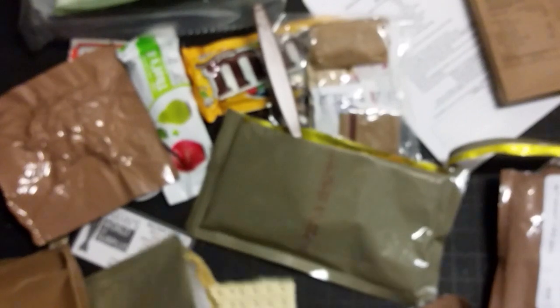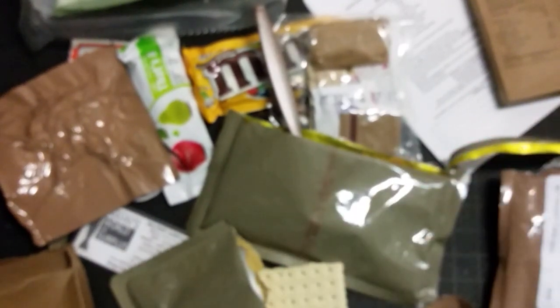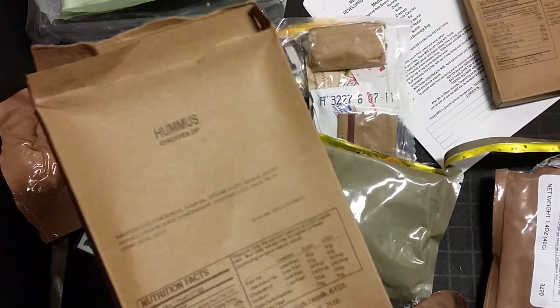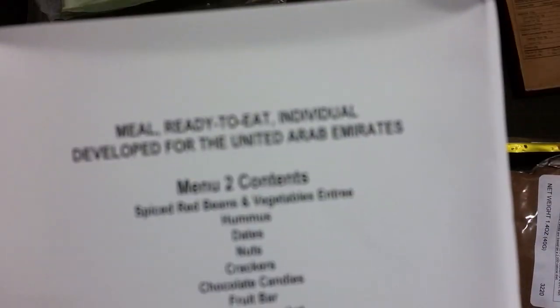Crackers, good. Hummus, I don't know. If there was some sort of rice in here, I think I'd be okay with the hummus. It's a little too vinegary or lemony, I guess. But I'd rather see hummus than some of the other gross stuff that's in an MRE sometimes. So this was menu number 2 from the United Arab Emirates